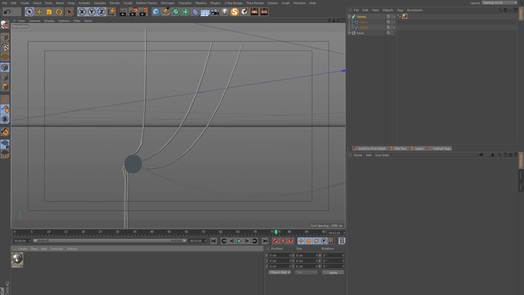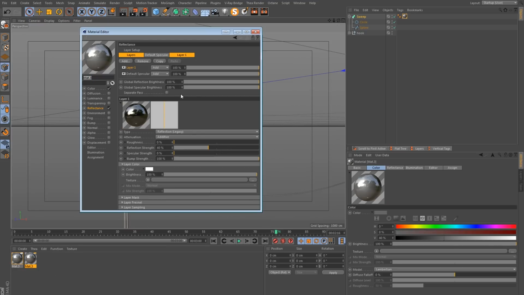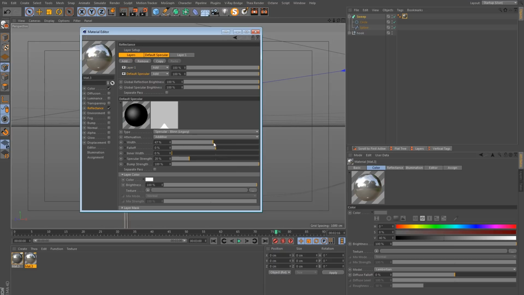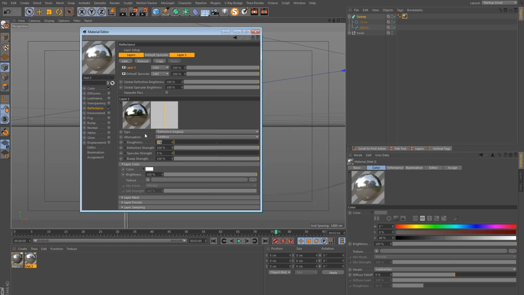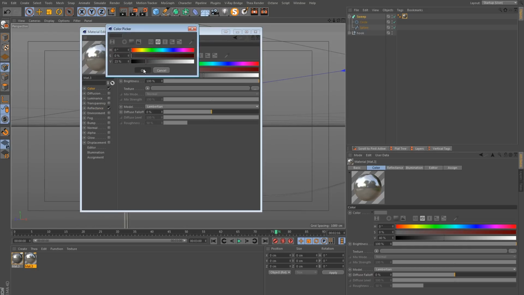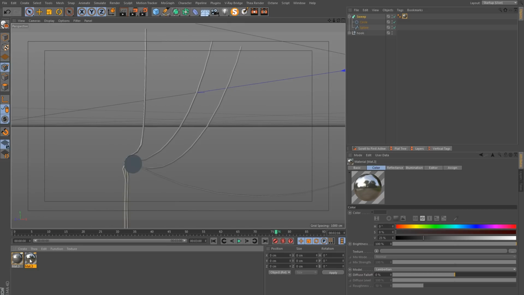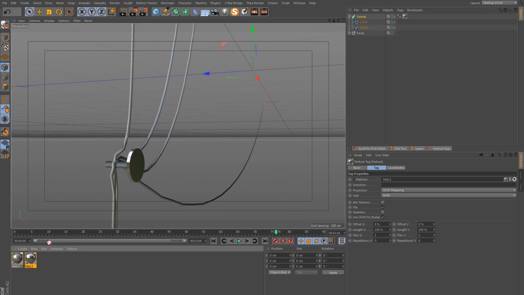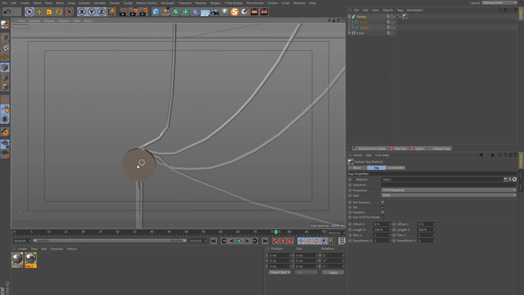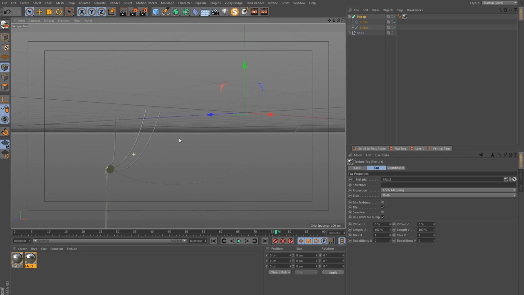For this hook over here, I will duplicate this, and let's have something a lot more reflective with a sharper highlight. So let's say lower the width of the specular but increase its height, and the fall off we can just narrow that down. And on the reflection layer I might have a roughness of about 10 to create this metallic kind of look. Maybe make it darker here, so it's this silver or chrome type of material. Okay, and this should work for what we are trying to do.